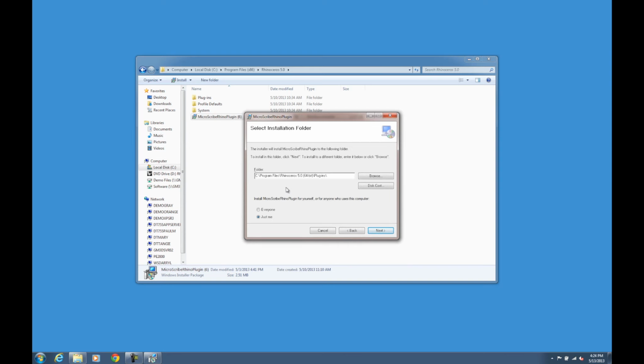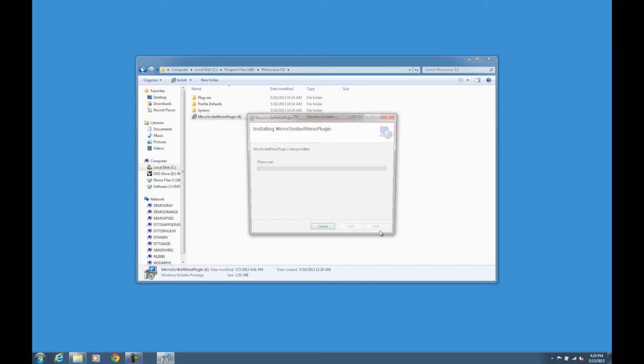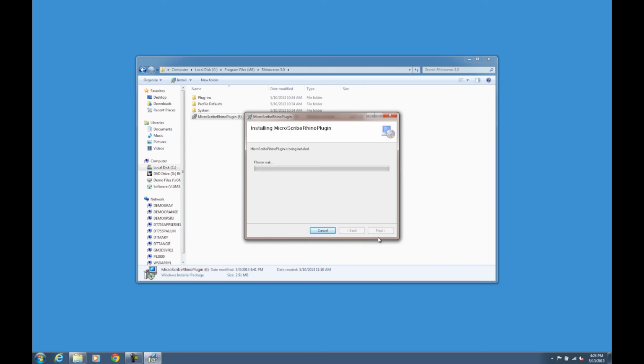We'll let it go into the standard Rhinoceros 5.0 64-bit plugins folder, and you can of course click whether it will go in for just your user or for all users, and we'll let the program install. So we'll let it make changes, and once the installation is complete, we can close